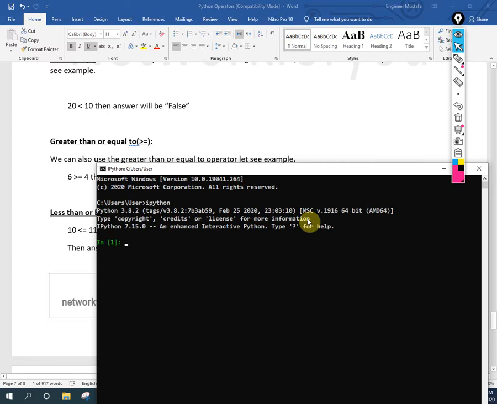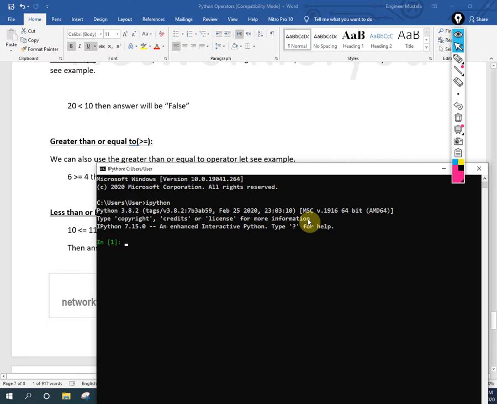And also GNS3, I think you already know, because we already have a playlist, you can watch it and try to do that. Anyhow, for the paid CCNA class, I have a recorded video on how to install GNS3. Maybe I will upload those two or three videos for installing and integrating GNS3 with a VM. We will see that one.